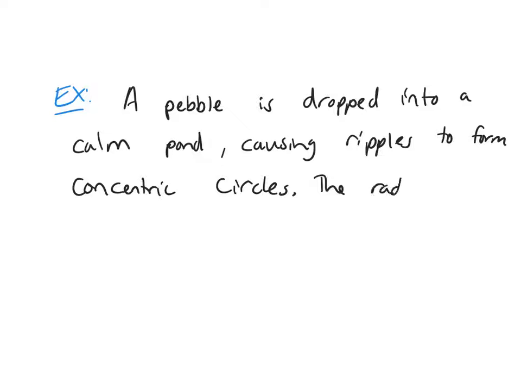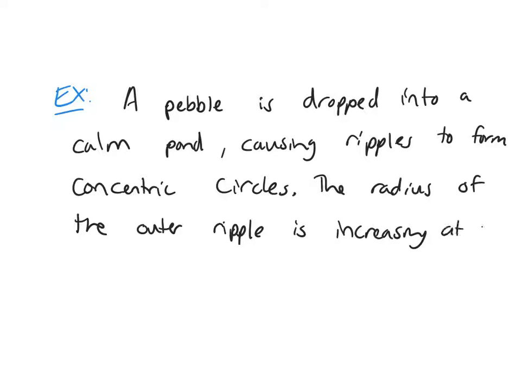The radius of the outer circle or outer ripple is increasing at a constant rate of 1 foot per second